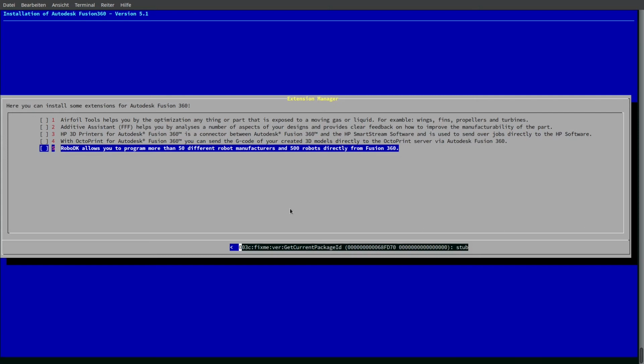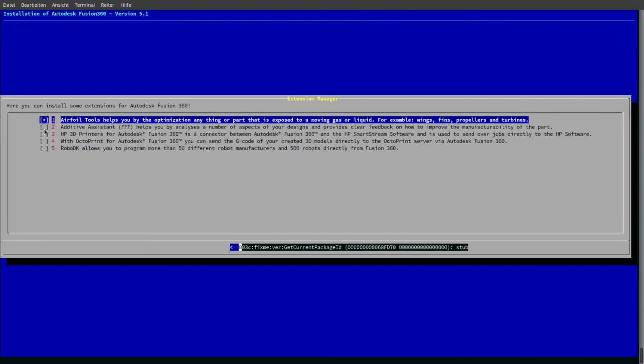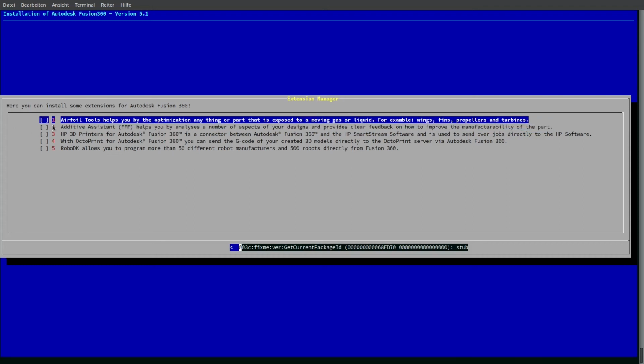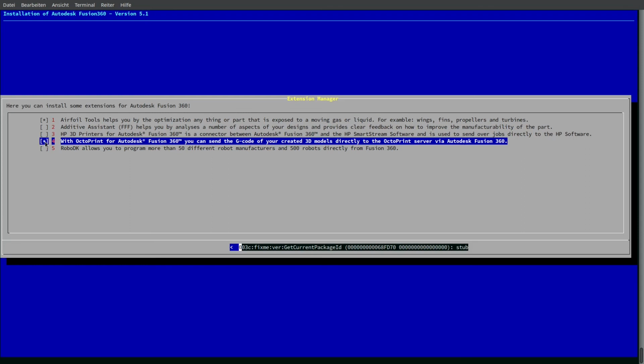Okay, good. So you can select one of these plugins when you click with the mouse into this box, or again, and then you can see the plugin Additive Assistant is not selected. Okay, but I think I will show you the installation of two plugins, maybe Airfoil Tools and maybe OctoPrint. Later in the program Autodesk Fusion 360 I show you all these plugins. Okay,